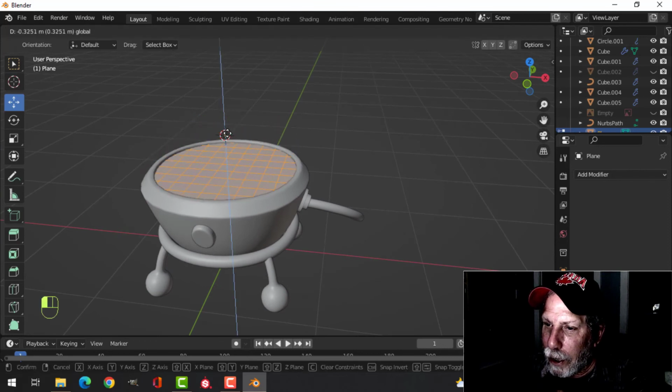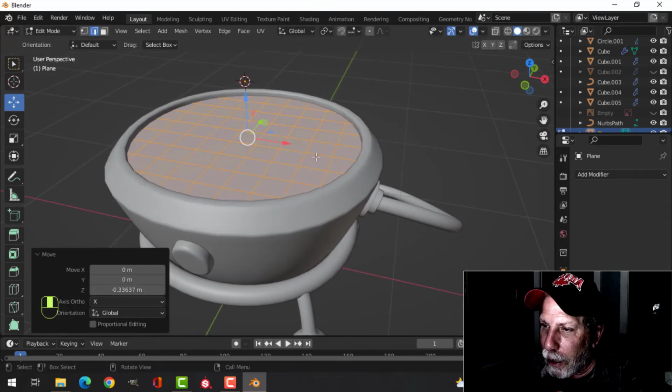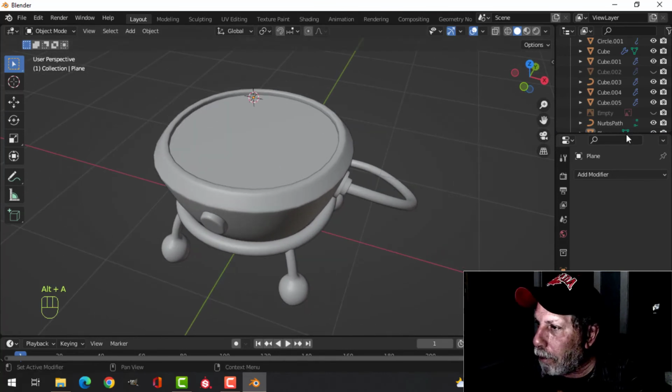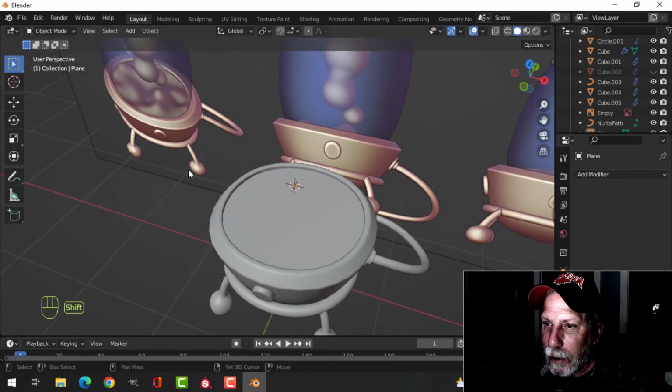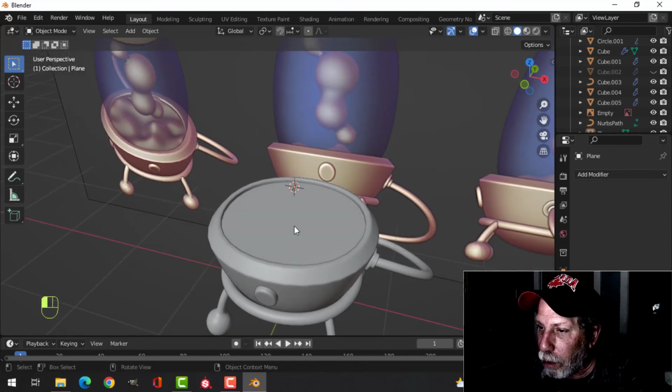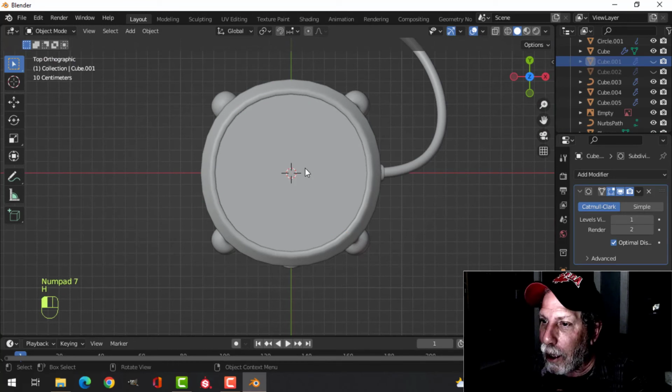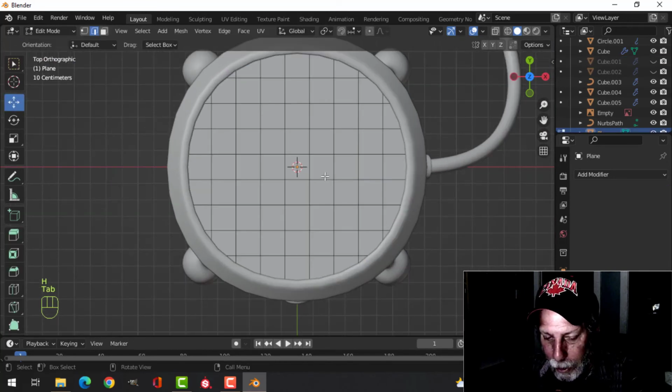All right, so I'm going to move it down to about there. And I'm going to add a displacement so I get that bumpiness, like this. However, I don't really want it bumpy right on the edges because then it sticks out from around here and it's more difficult to work with. So what I'm going to do is hide the top, come into that plane, press 3 for